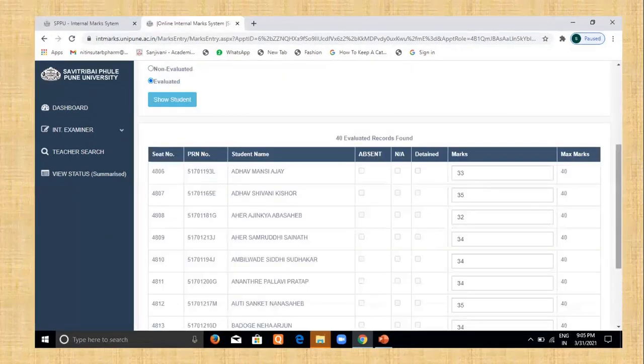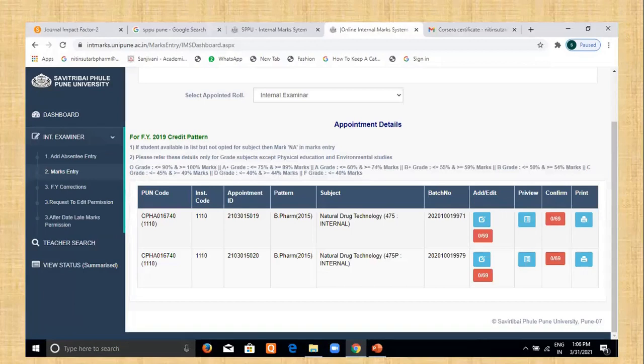You will get this page where the marks of the students and their names are mentioned. Just verify this. Once you have verified, then again come to the home page, then click on the preview button.